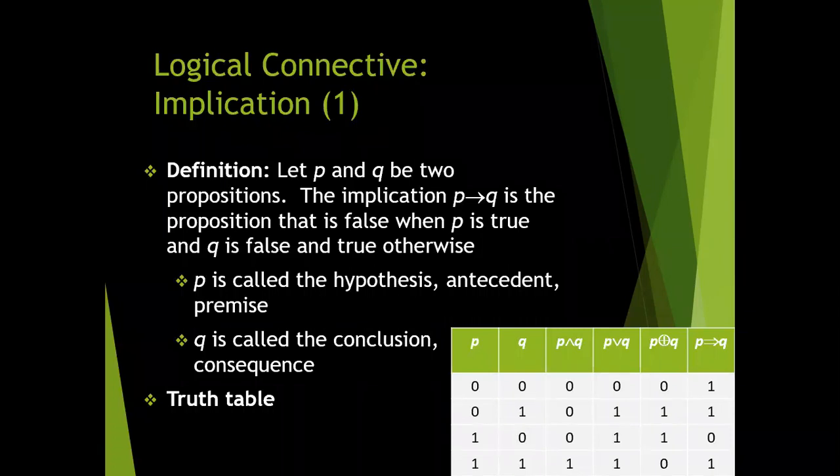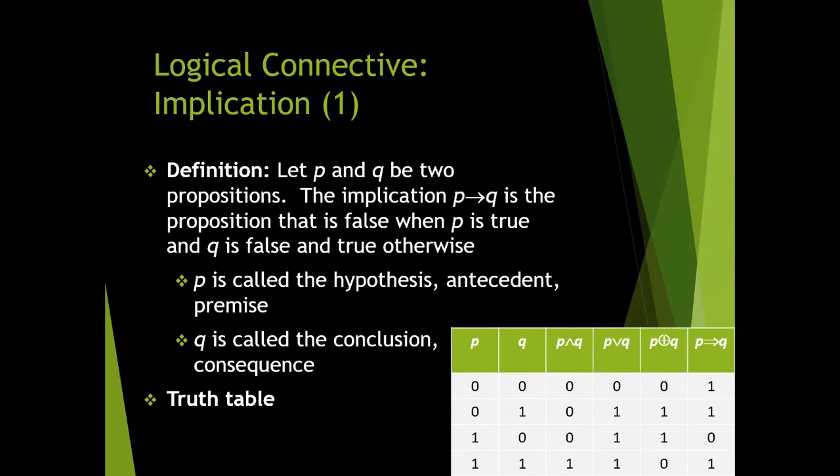And all the values will be true. Let's see an example. P is 0 0 1 1 and Q is 0 1 0 1. What does it stand for? This is similar to the previous examples. Now let's check out the implication value.